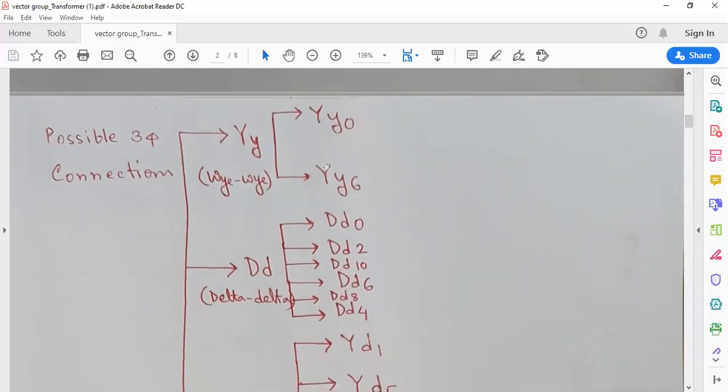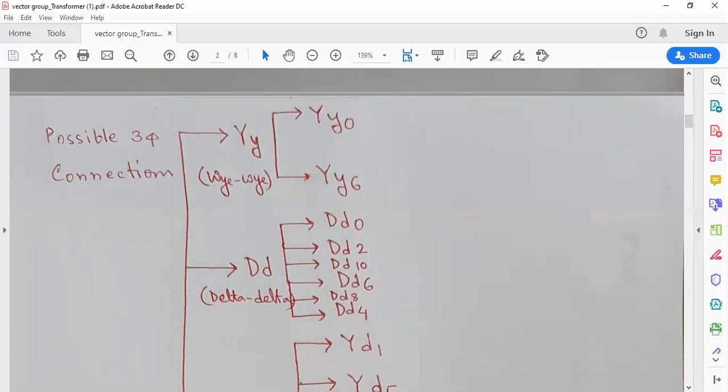Another piece of information is the phase difference between the primary and secondary line to line voltage, the angle difference between primary and secondary line to line voltage, and this number written after the connection, this 0 or 6 or 2 or 10, indicates the angle difference. So if we have a YD1 transformer and we want to parallel it with another three-phase transformer, definitely it